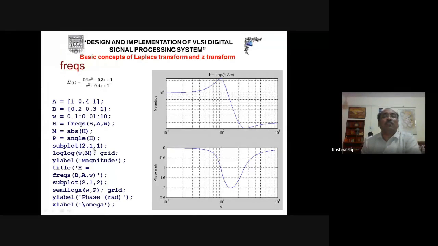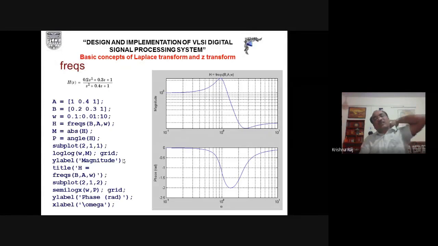And subplot(2,1,1) means now 2 rows, 1 column. So there will be row number 1 and row number 2, with the same column. 2 1 1 is the first element, that is this one. It will represent the magnitude here, on the y-axis. Here it has been written magnitude, and the title is H(s) frequency response versus omega. All these concepts were covered in the first lecture during the plot command and its editing.